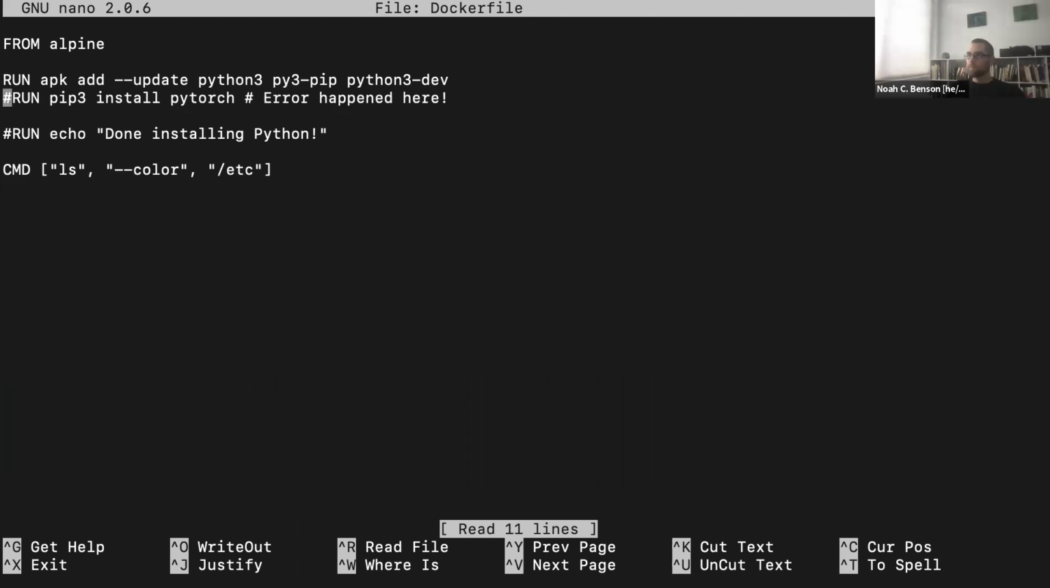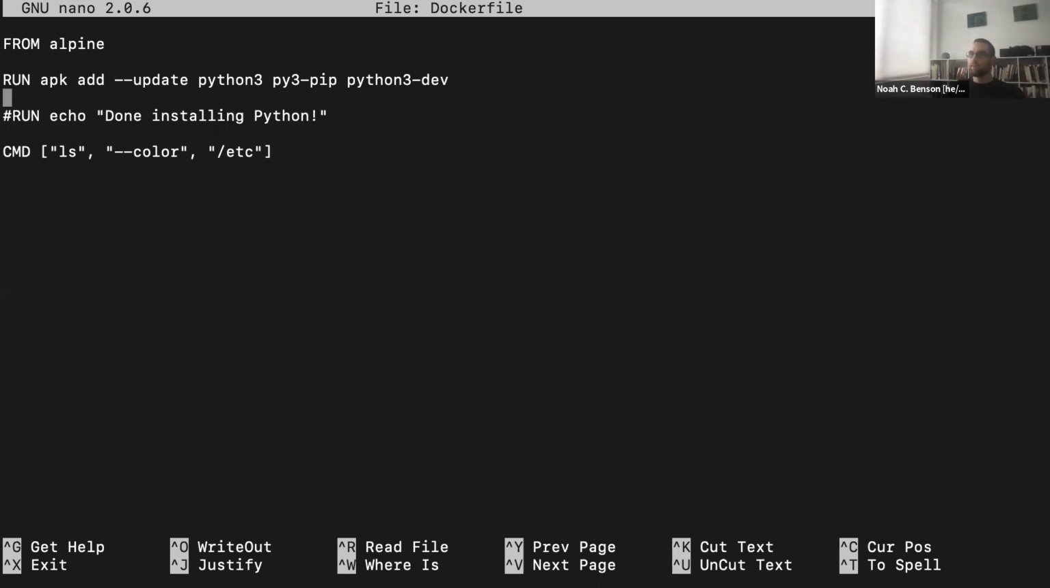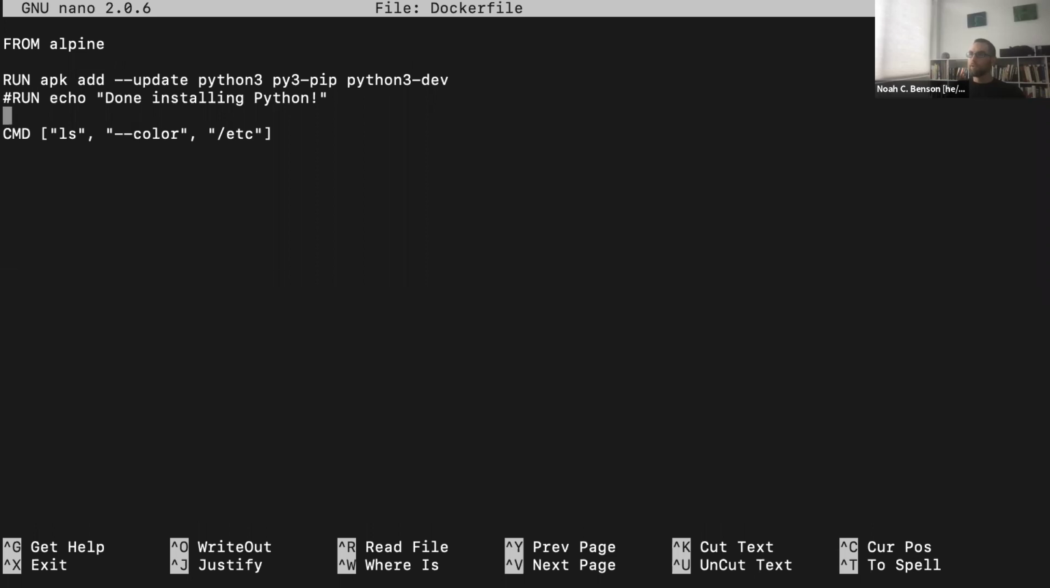I am going to delete this line because we don't really need this anymore. Also going to delete this line because we don't need it anymore. All right. So the first line is still to install Python because we still need Python installed inside of this